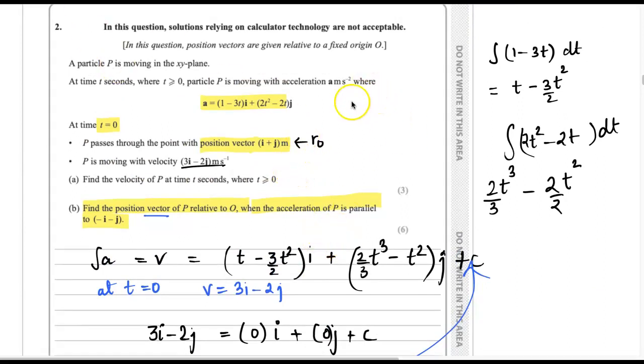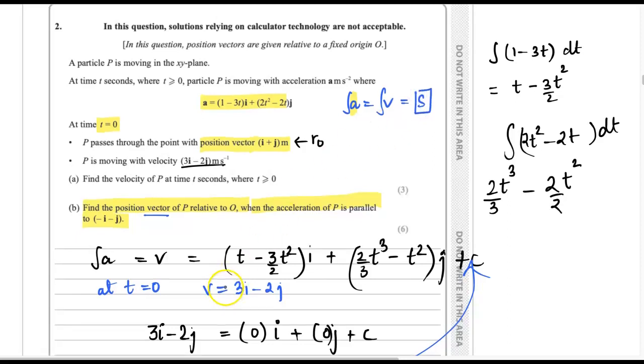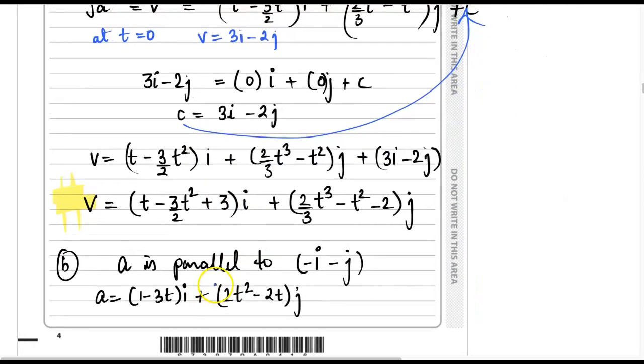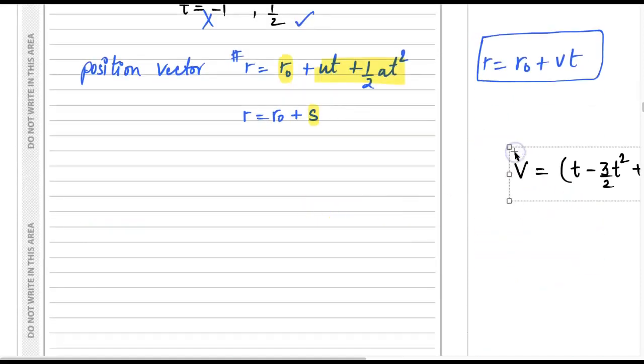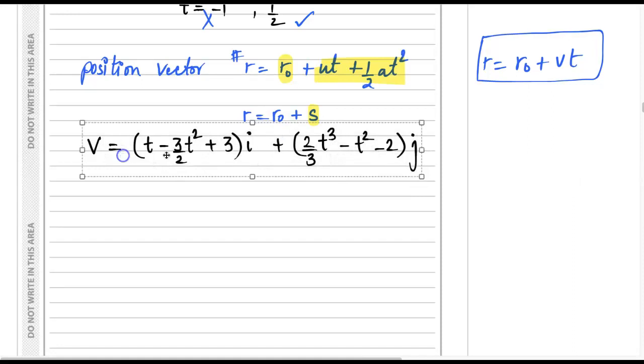So acceleration, if you integrate acceleration, you're going to be getting velocity. If you integrate velocity, you will get s, right? So this is what we have to do. So whatever the v is, we have over here, I will just copy this, and we need to integrate it again to find out the value of s. Okay, let's keep it here and integrate that. Integrating a v will give us s. So let's integrate the value.